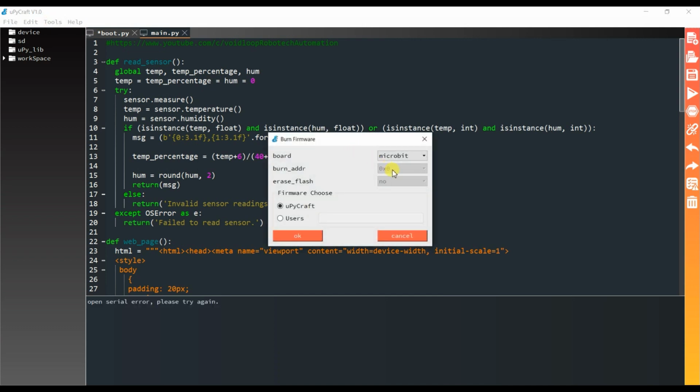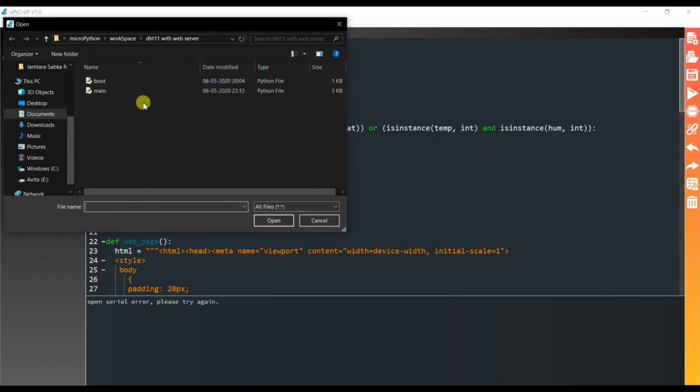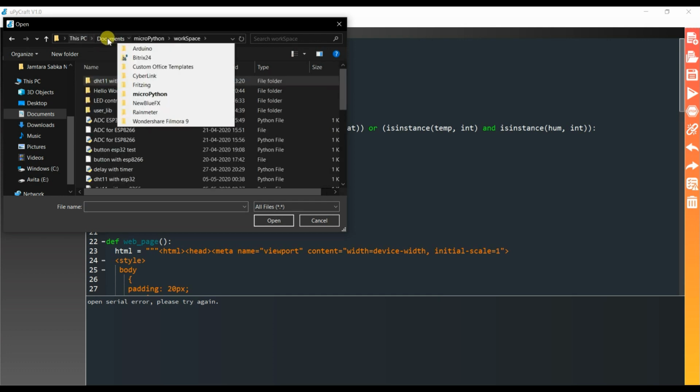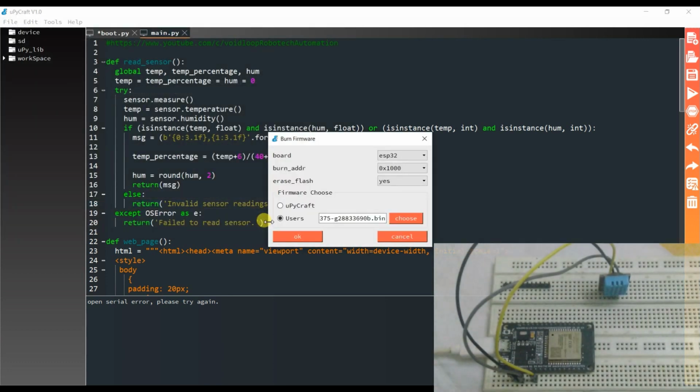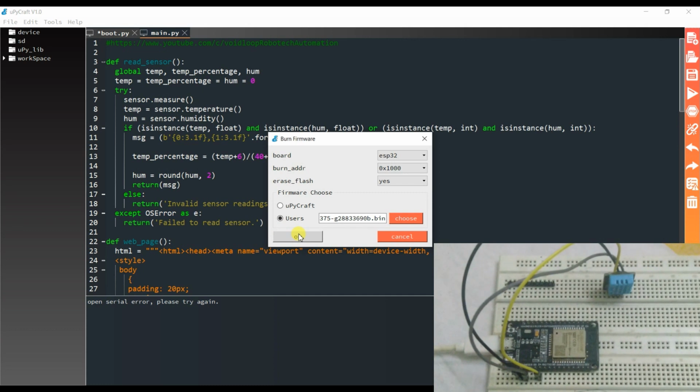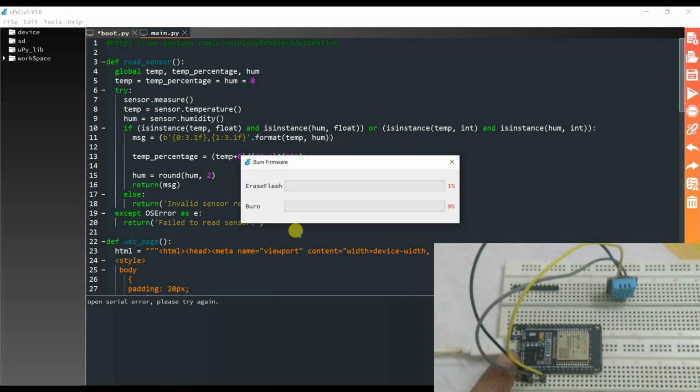Oh, here I have to flash MicroPython firmware. I will press boot button.